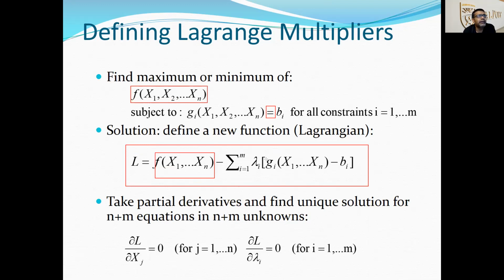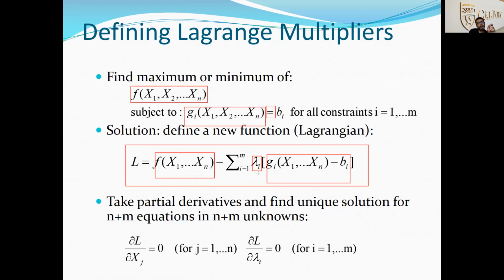So remember what I'm doing here is that I'm writing this down as g_i(x_1, ..., x_n). Basically, this is the left-hand side of this equation. So this is what's being written here. And you're subtracting b_i from it. So you're basically taking everything to the left-hand side of the constraint equations, and then you're multiplying that by lambda i, which is what we call the Lagrange multiplier. And now I'm going to have m different Lagrange multipliers. Okay.